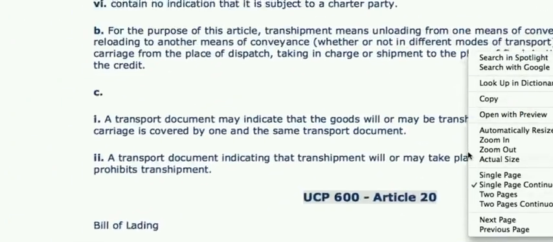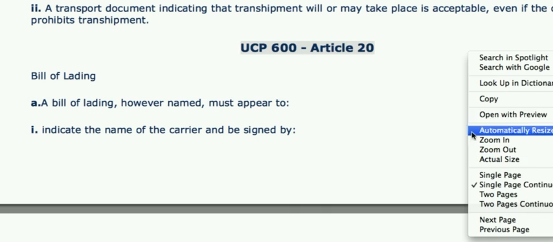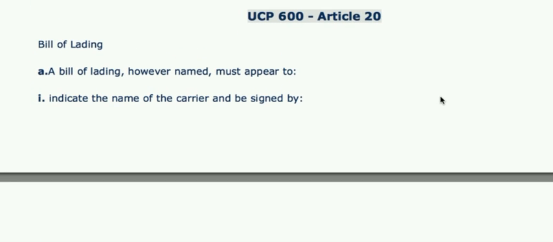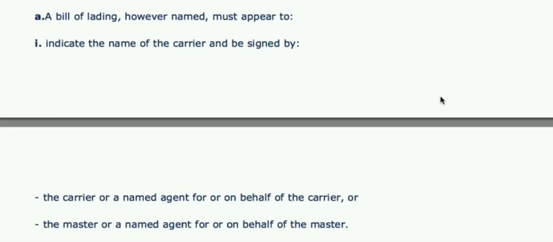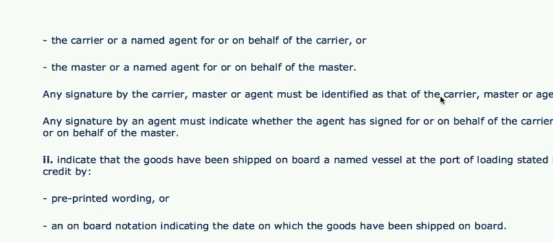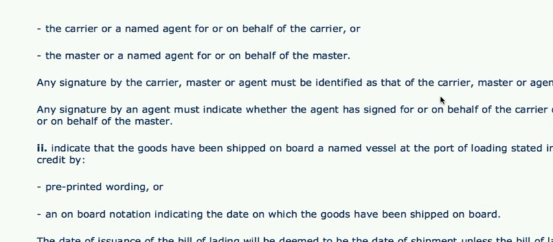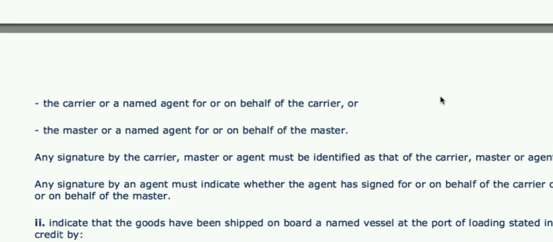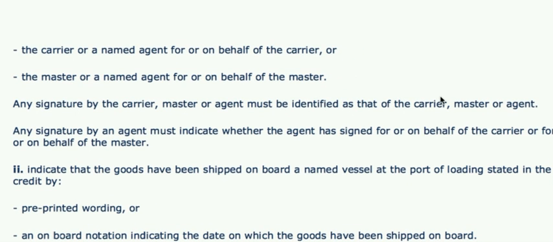Then next is, because all these articles, another few articles, relate to documents only. Then the bill of lading, meaning what should be there in the bill of lading. A bill of lading must indicate the name of the carrier and must be signed by the carrier or his named agent or the master, like this. Next is Article 21. It speaks about the non-negotiable sea waybill. Again, it must indicate the name of the carrier and must be signed by the authorized agent, for or on behalf of the carrier, or may be signed by the master or agent. All again the same things are there,